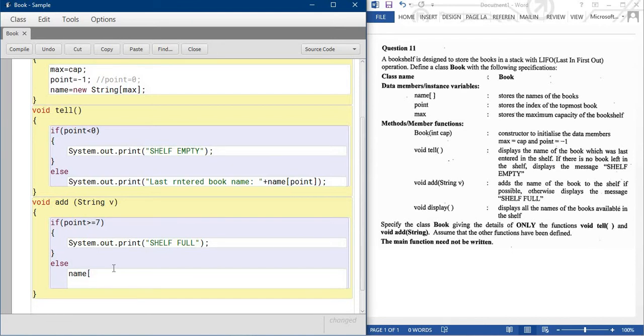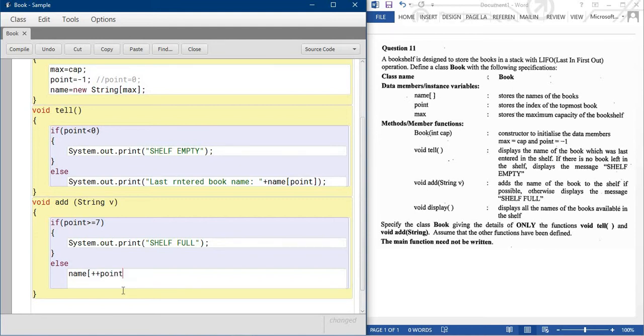Now you can see which position you put the value. Initially it starts from the 0 position, so the point value is minus one, and we need to increase first. That's why plus, then you write the point.